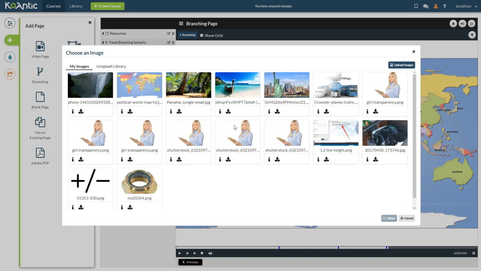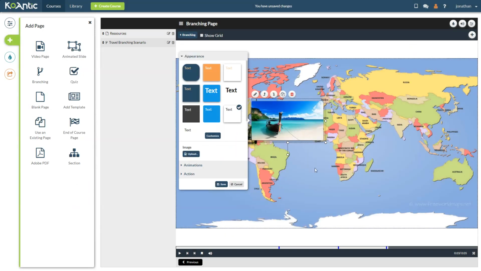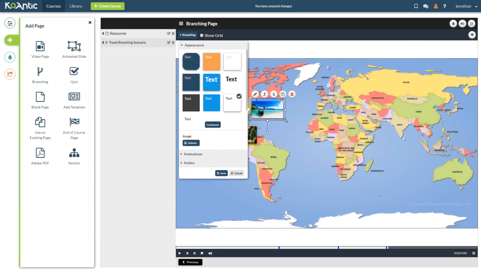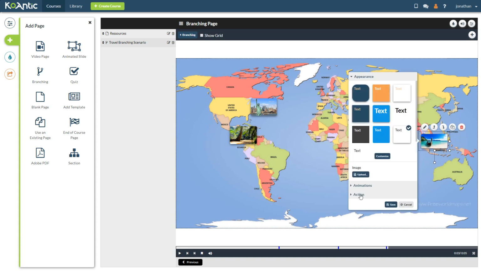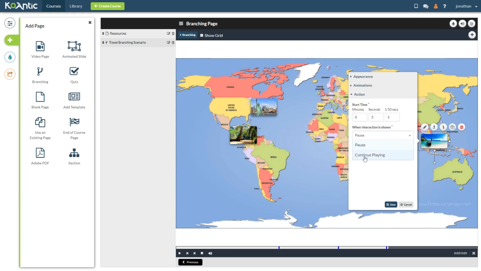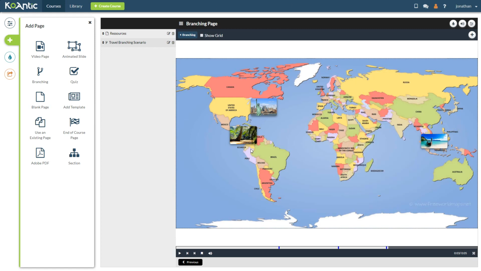I'm going to upload the image, and this one is Thailand, so I'm going to grab the boat here, resize it, and put it somewhere around here. Again, I'm going to edit it, and here I'm going to leave it playing for the remainder of the time, which is here 1.5 seconds. Okay, now that we have our 3 location icons set up,